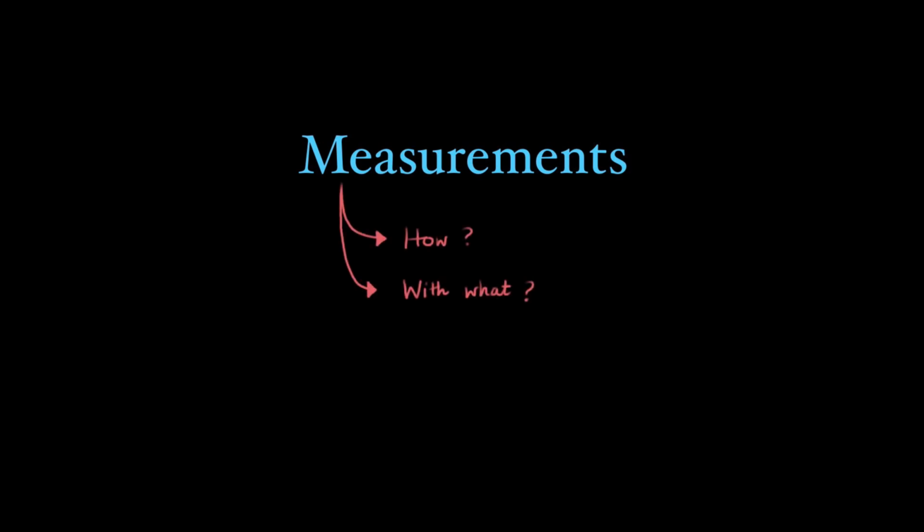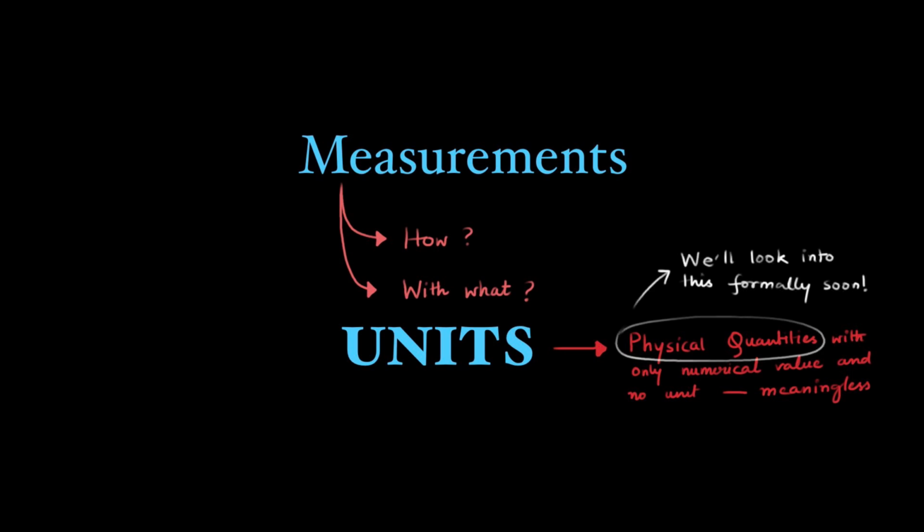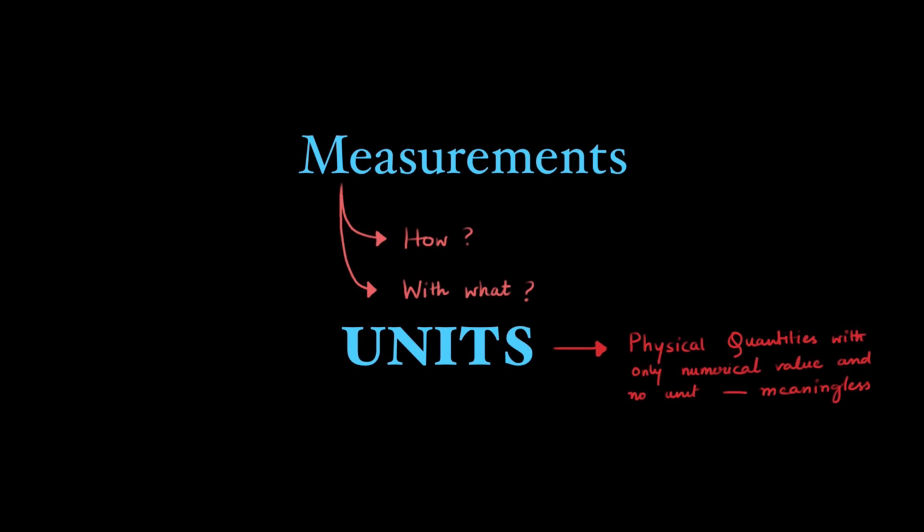Now, here's the part where all of this connects to our topic at hand. If physics is the science of measurement and prediction, then we must ask, how do we measure and what do we measure with? And that is where units come in. A number without a unit is just a number. So if you have a question which asks you to find, say, some distance or a time interval or mass, and you obtain the correct numeric value, which for the sake of an example, let's say is 5, but you leave out the units, your answer tends to lack information or meaning.